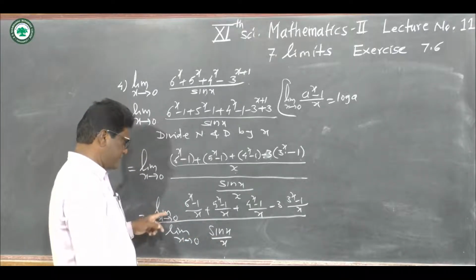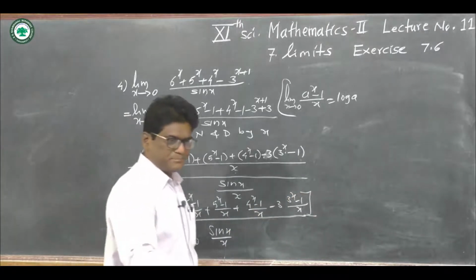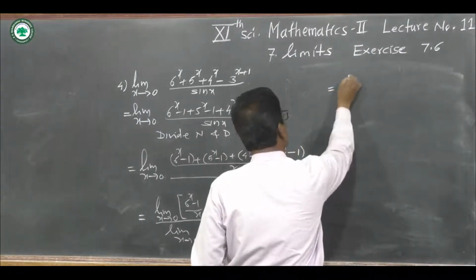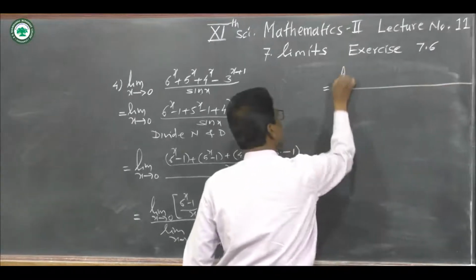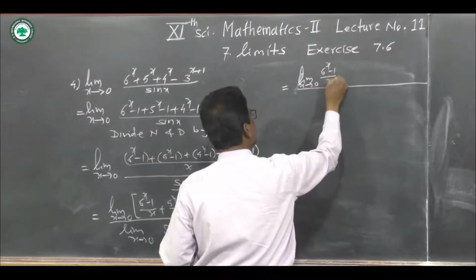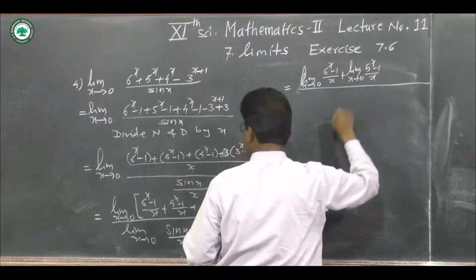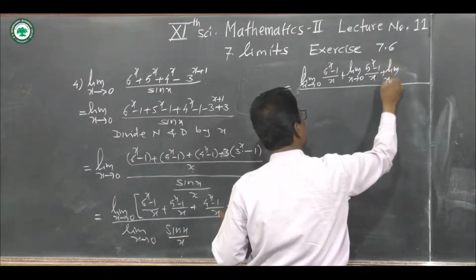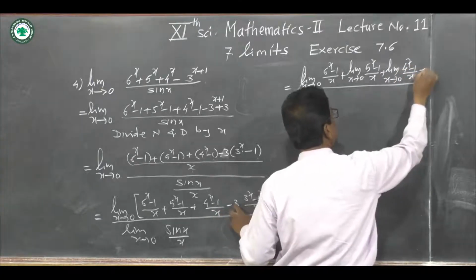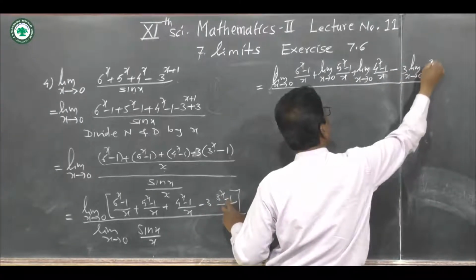Now in the numerator we separate the limit to every term, so we get limit as x tends to 0 of (6^x minus 1) upon x, plus limit as x tends to 0 of (5^x minus 1) upon x, plus limit as x tends to 0 of (4^x minus 1) upon x, and minus 3 times limit as x tends to 0 of (3^x minus 1) upon x,